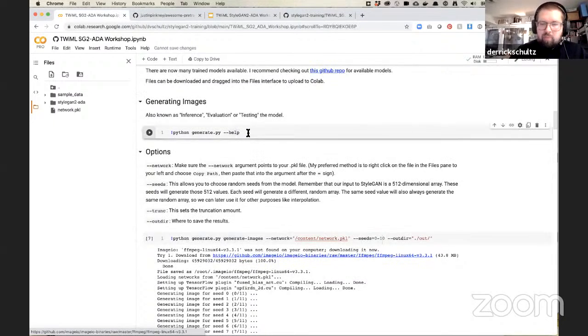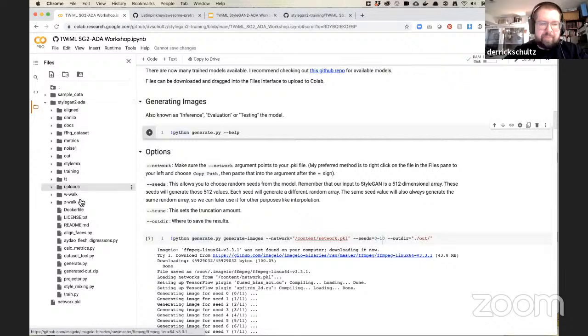One thing you can always do is take the code from here, and this is running the script. We are now inside of this folder, and there's a handful of scripts here. There's one called generate, one called projector, which we'll be using, and one called style mixing, which we'll also briefly look at. One thing I always find helpful when you work with a brand new model is to type python, whatever the script is called, and then --help. And if you run this,